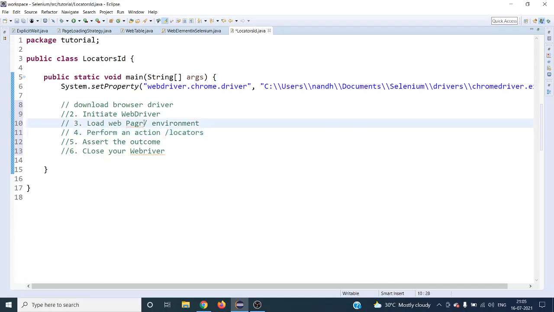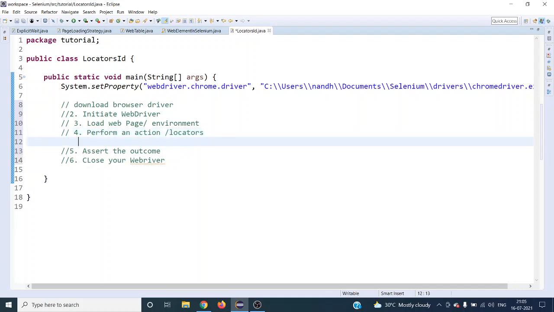So what exactly locators are: Selenium WebDriver provides 8 different locators to locate a web element in a web page, right? So when you are using your locators, there are multiple steps involved. So what are those, right? So first step will be you have to locate an element using